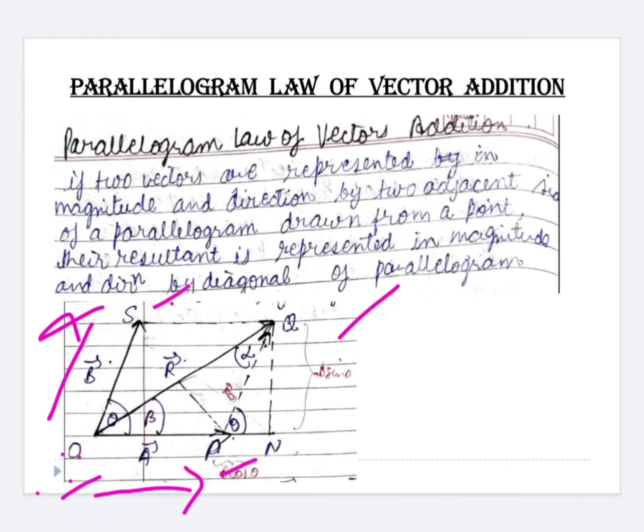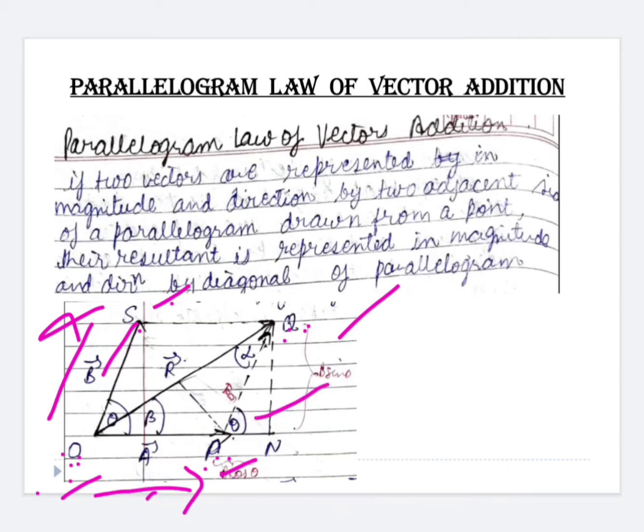As we know, the two parallel sides of a parallelogram are equal. That means this vector OS is the same as vector PQ. We can consider as if we have picked up this vector OS from this position and put it at point P and Q. Now we have to find the resultant of the diagonal of this parallelogram, or we can say the resultant of these two vectors, vector A and vector B. So how can we do so?